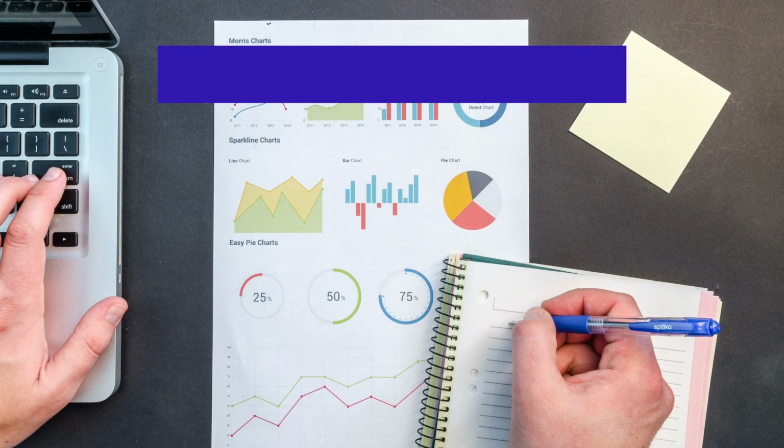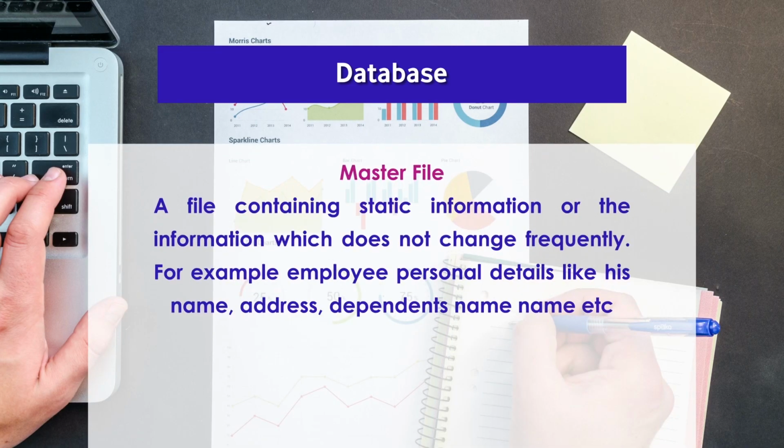Now when we talk about the management of data in terms of the different kinds of files, we can say that there is a master file that contains static information of the whole activity of that particular system. For example, if a master file is managed for an employee management system, then all information related to employees, their dependents, joining, profile, designation, salary, everything may be managed in the master files.